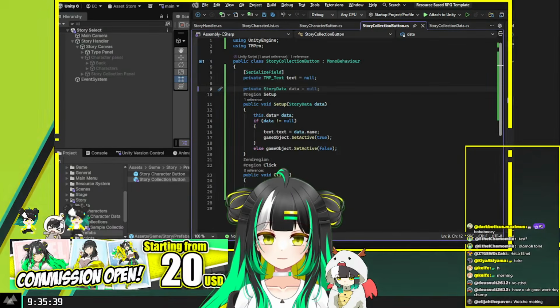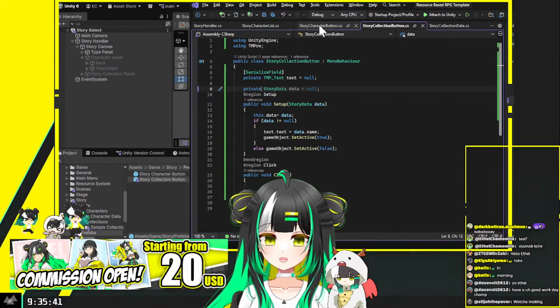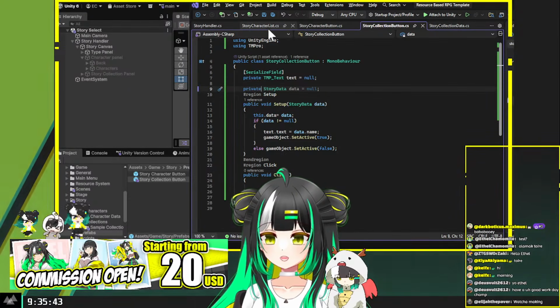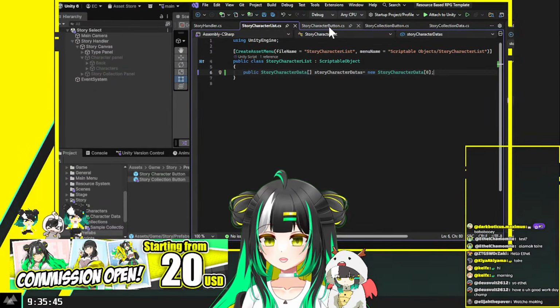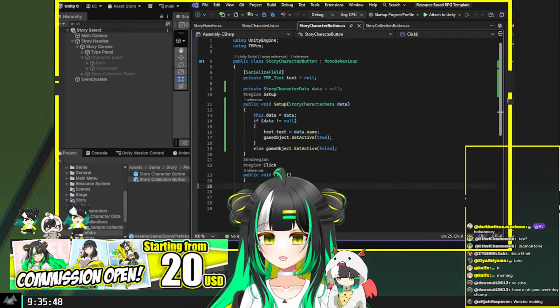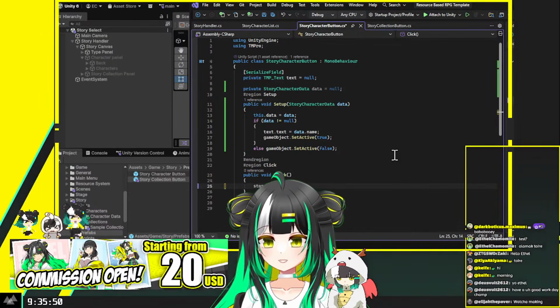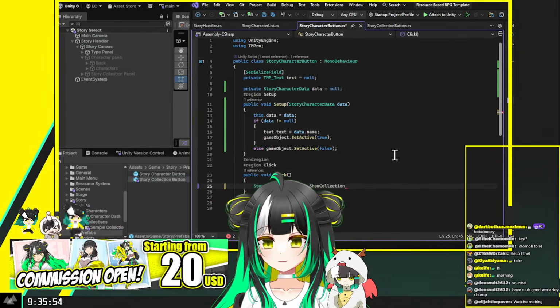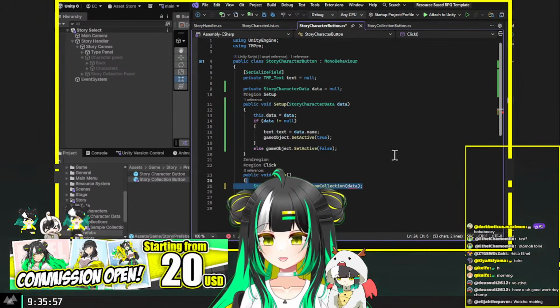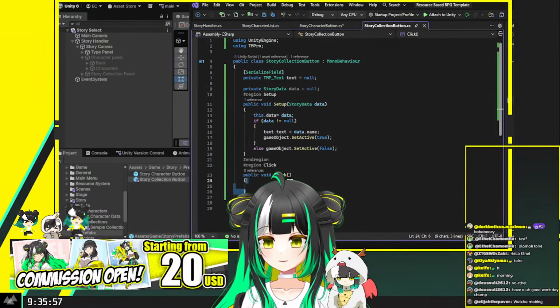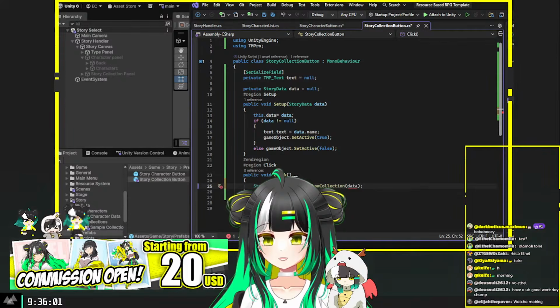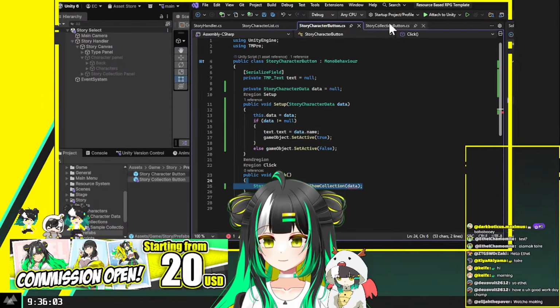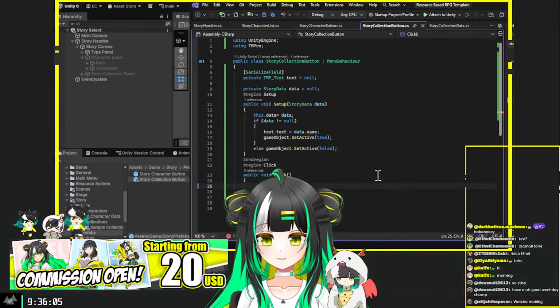Okay, so story character button. When we click this, what I want to do is story, it goes to cylinder, instance show collection data. I think this also is the same. Oh no, this one should be